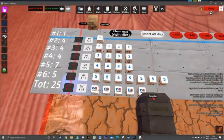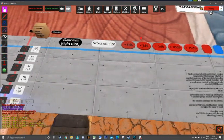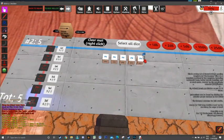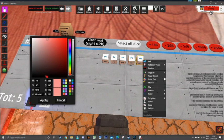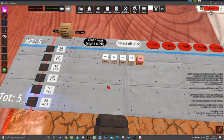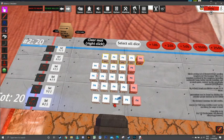The other funky thing that you can do is you can highlight, just say you've got a Khorne Berserker, he's got 5 attacks, but one of them is a chainsword, so it has a different profile. If you right click on the dice and then go color tint, you can change the color of it. I always recommend going a light color, like a slight pinky red, because if you go too bright, it'll overpower it. And then you might go, okay, cool, there's 5 Berserkers, 1, 2, 3, 4, 5, and then you might go, yeah, but one of them is a sergeant, so he has...